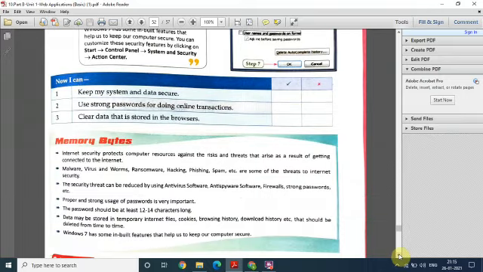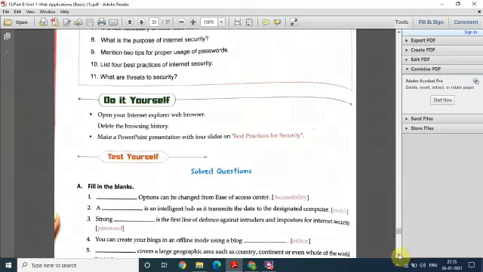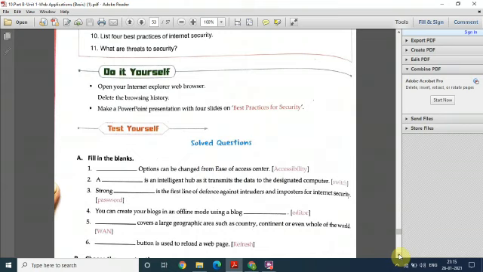So finally this is the end of the chapter now. Fine, so this web applications chapter has been completed with the discussion of all these things, that how internet is going to work, how security is going to work, and how we can go for online shopping, online reservations and all. I hope that you have learned good things from this chapter so that you can implement it practically as well.